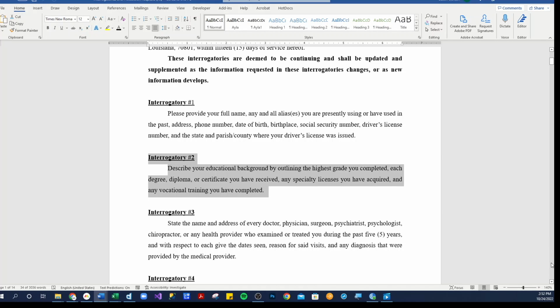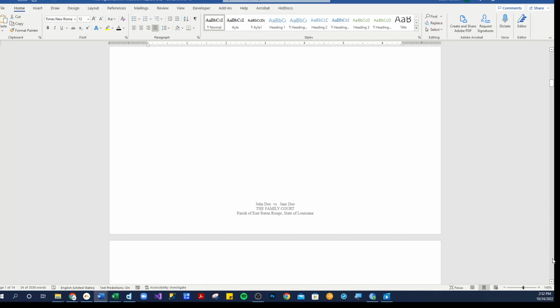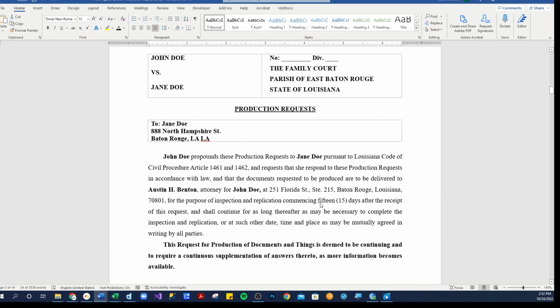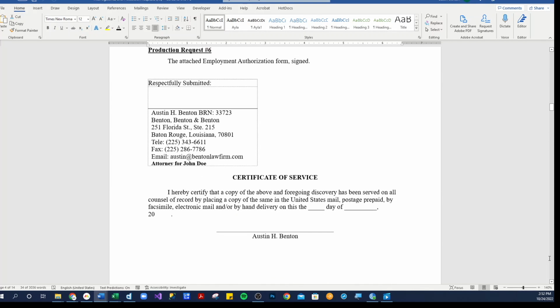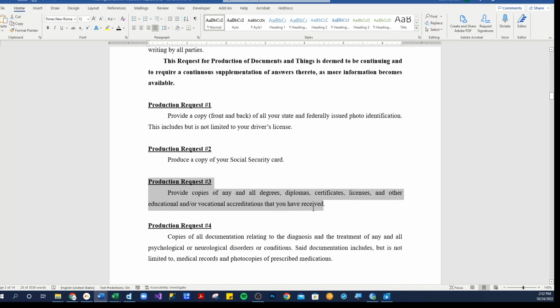Now let's move past the rest of the interrogatories and go right to the production requests that generated simultaneously. And what you're going to see is right here for number 3, provide copies of all degrees, diplomas, certificates, licenses, and other educational or vocational accreditations you've